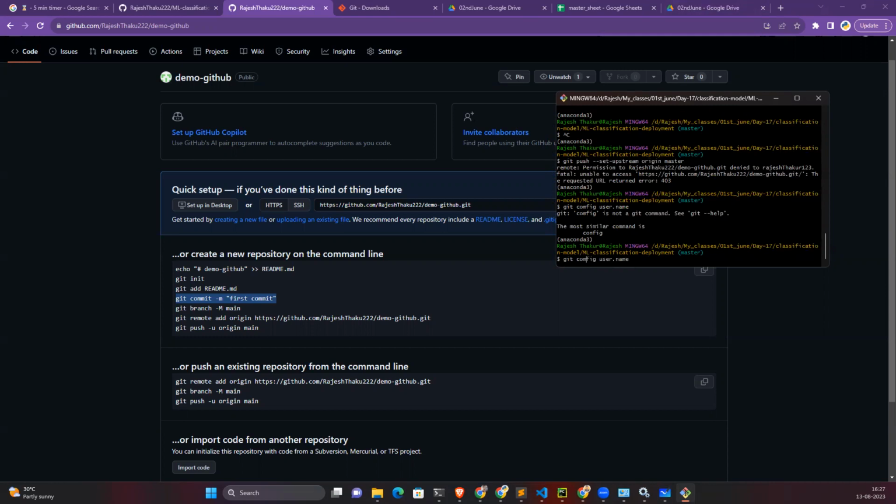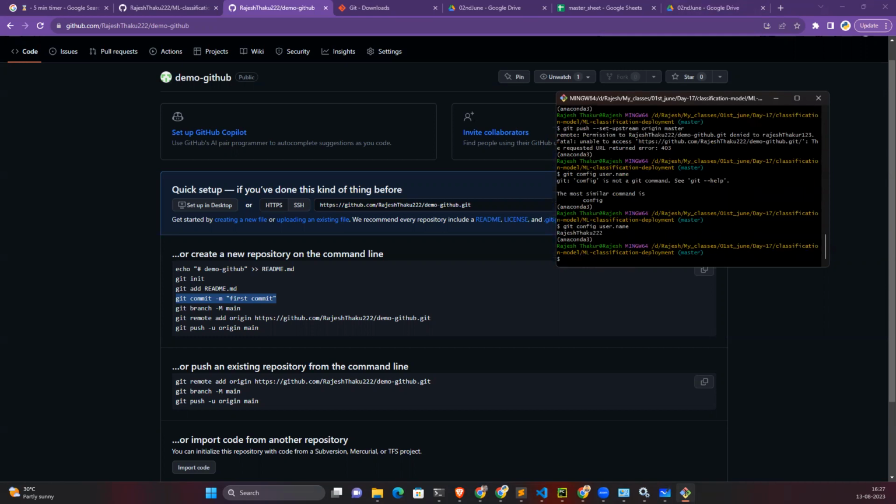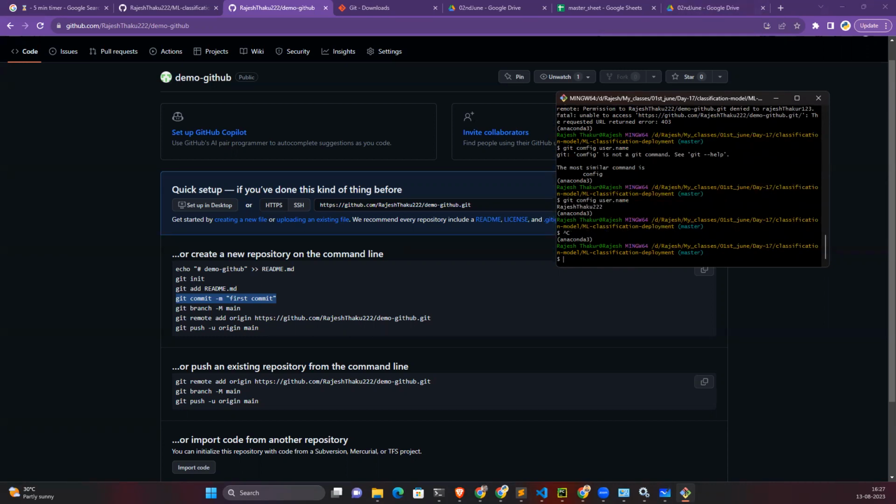Oh, and git config user.name. Are you able to see some name? If you execute this command, you should be able to see this name. Do let me know whether you can see the username that has been configured for your GitHub. You should see this name. If you are not able to see it, do let me know. By executing git config user.name, you must see your GitHub username.